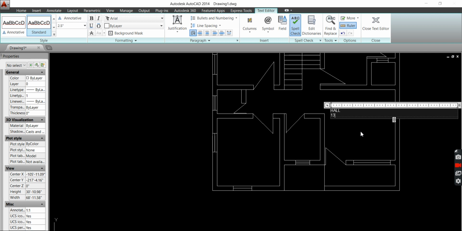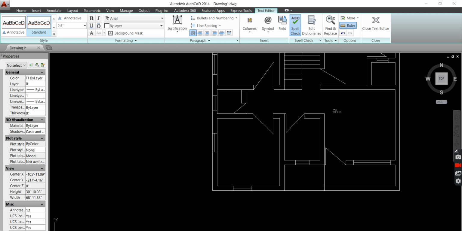Enter. 13 feet and 6 inches. And 11 feet.